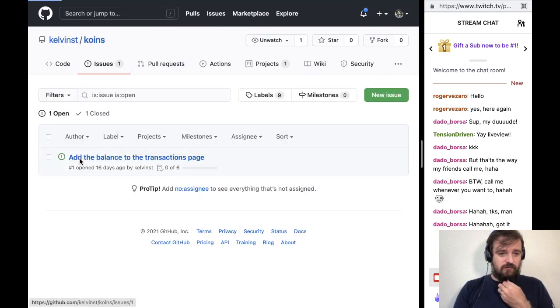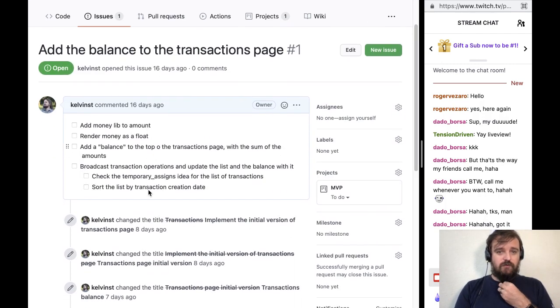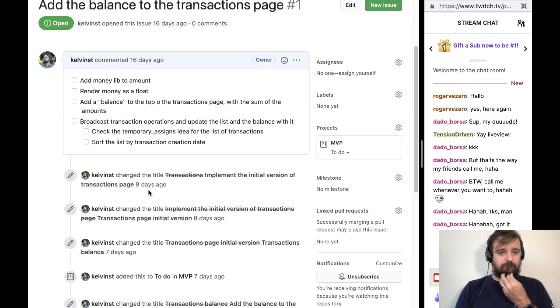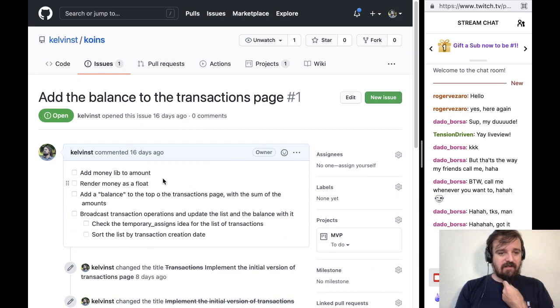So the thing I'm going to do here is this issue. I created the issue with a list of the stuff I'm going to do during the live. Hopefully we get to do everything. The first thing would be to add the money lib to the amount, because on the transactions table,